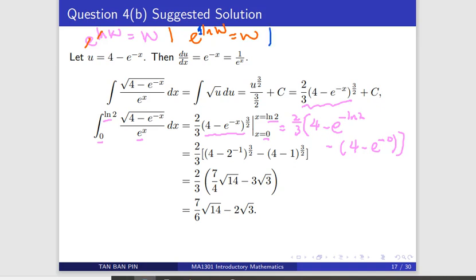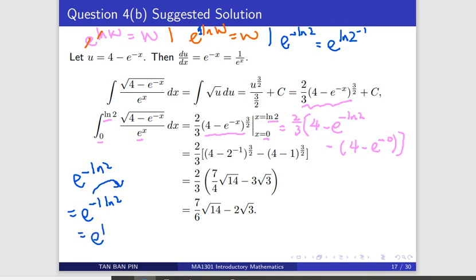So before you can simplify e power minus ln 2, you should write it as e power ln 2 power minus 1. You take e power minus ln 2 as e power negative 1 times ln 2. So the minus 1 you bring up as power. So it's e power ln of 2 power minus 1. Remember, when I have log x power n, it is n log x. So you just take n as minus 1 and bring it back up as power.